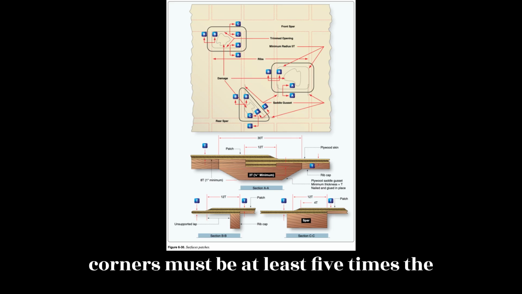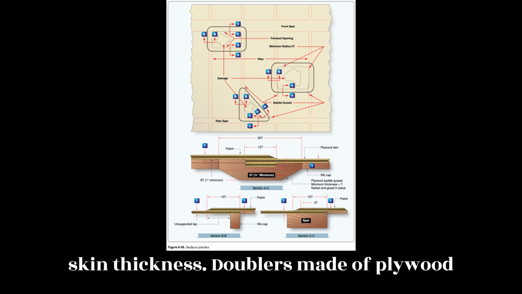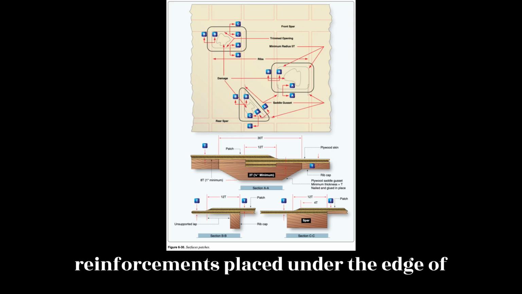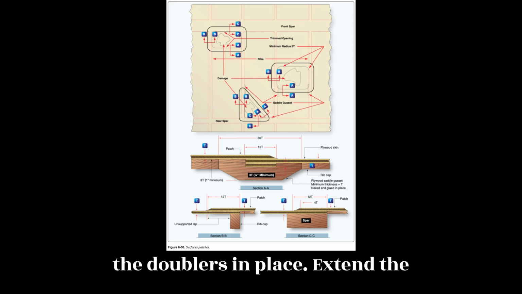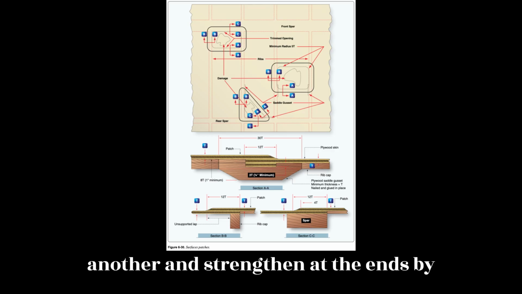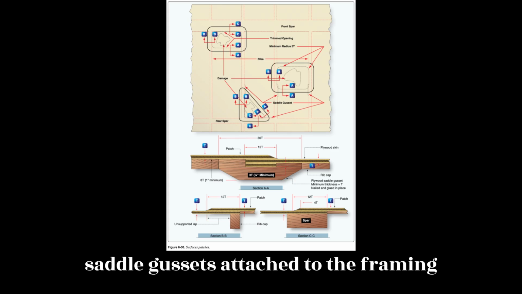The radius of the corners must be at least 5 times the skin thickness. Doublers made of plywood at least a 1/4 inch thick are reinforcements placed under the edge of the hole inside the skin. Nail and glue the doublers in place. Extend the doublers from one framing member to another and strengthen at the ends by saddle gussets attached to the